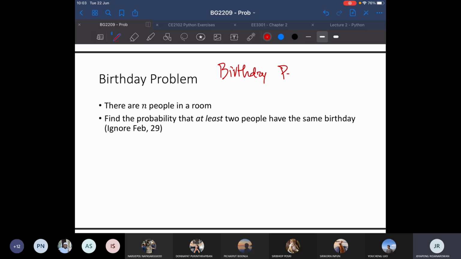You can go look on YouTube, there are many explanations of this one. Sometimes called the birthday paradox, birthday problem, something like that. So what does it mean? It means if you have n people sitting in a room, then what is the probability that you are gonna find at least 2 people having the same birthday? We are going to ignore, again, this one. Including this one is also not difficult,